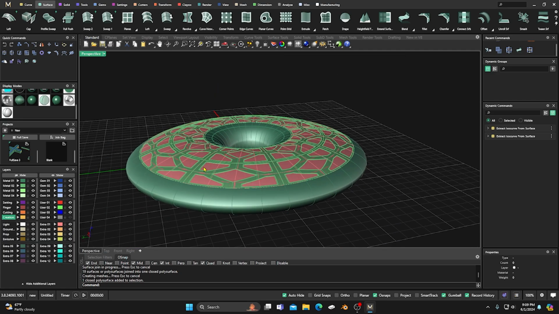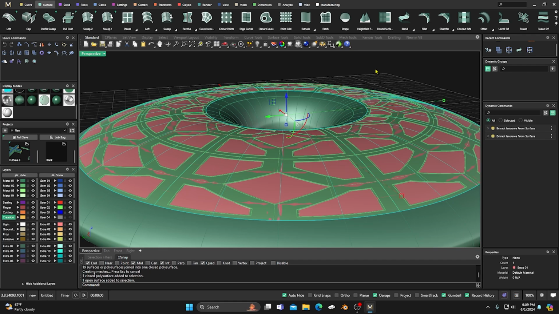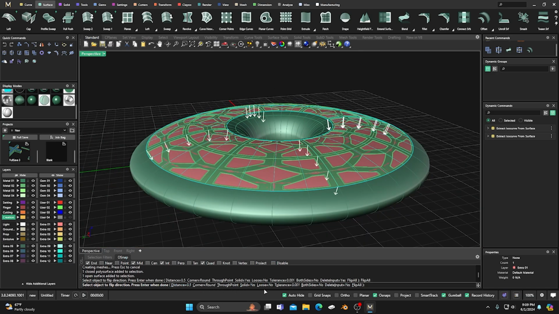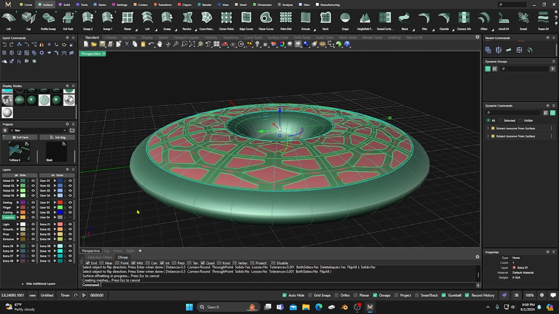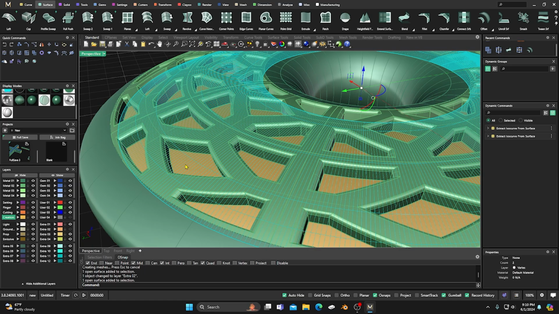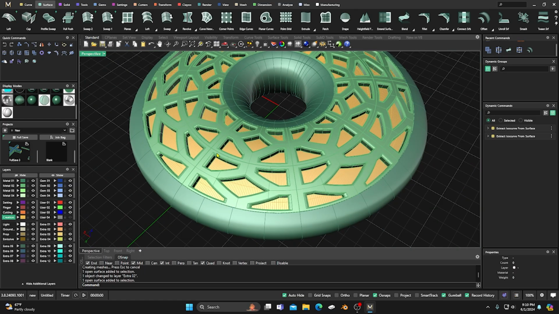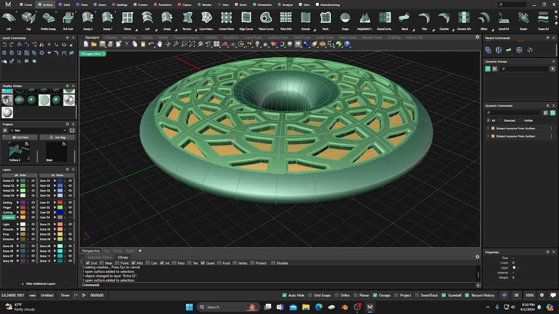But that's okay because I can take that top layer, select it, and I can go to offset, switch the arrow here to down, right? Half, but this time closed. No, I don't want it closed. I want it open. So just go ahead and hit enter, and then it'll drop that surface down, and we'll take that original surface and we'll change it to this color here. And now we have that surface down there where it was below. So, I mean, really duplicating it would probably have been a lot easier, save me an extra step,